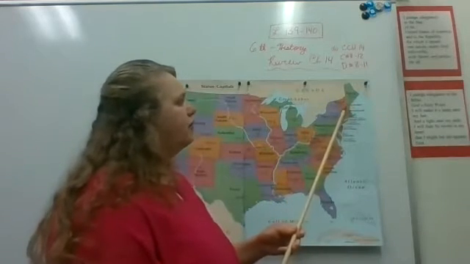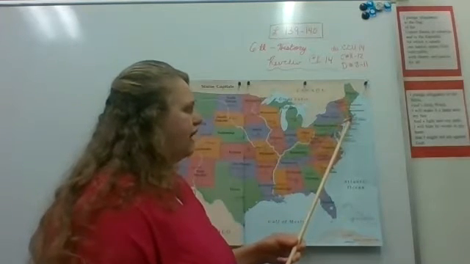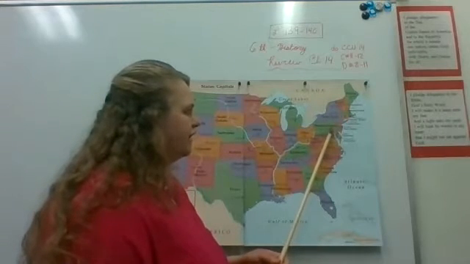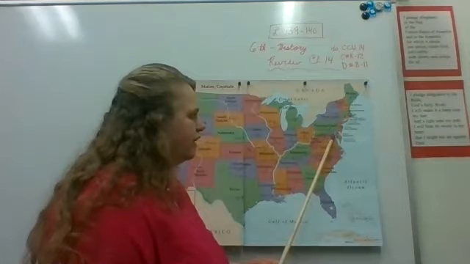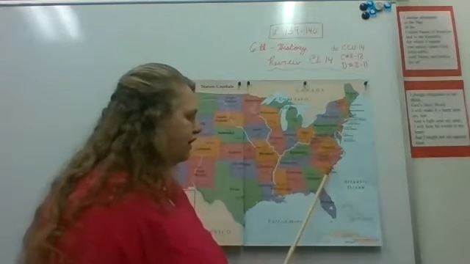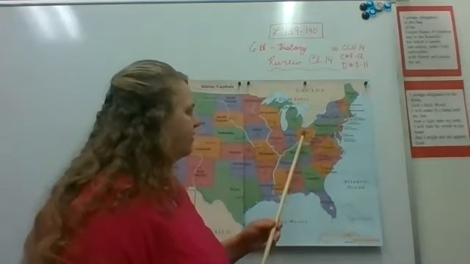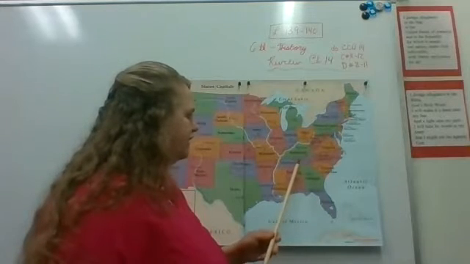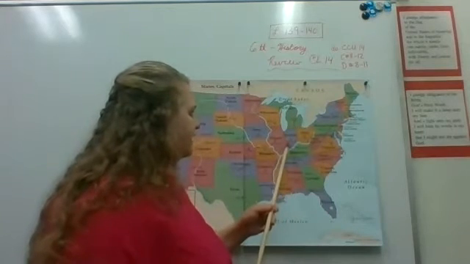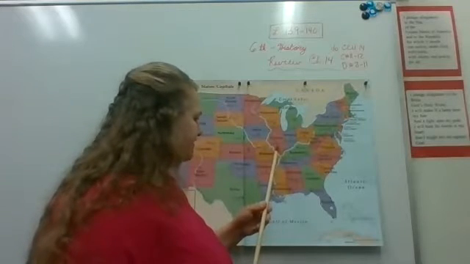Augusta, Maine, Concord, New Hampshire, Montpelier, Vermont, Boston, Massachusetts, Providence, Rhode Island, Hartford, Connecticut, Albany, New York, Trenton, New Jersey, Harrisburg, Pennsylvania, Dover, Delaware, Annapolis, Maryland, Richmond, Virginia, Charleston, West Virginia, Raleigh, North Carolina, Columbia, South Carolina, Atlanta, Georgia, Tallahassee, Florida, up to Ohio, Columbus, Ohio, Frankfort, Kentucky, Nashville, Tennessee, Montgomery, Alabama, Lansing, Michigan, Indianapolis, Indiana, Madison, Wisconsin, Springfield, Illinois,